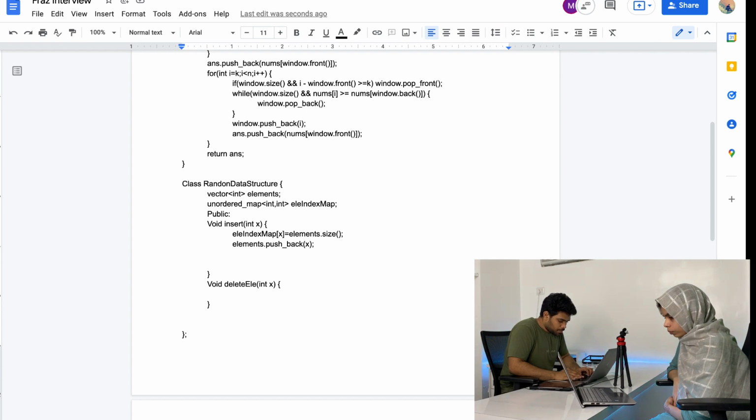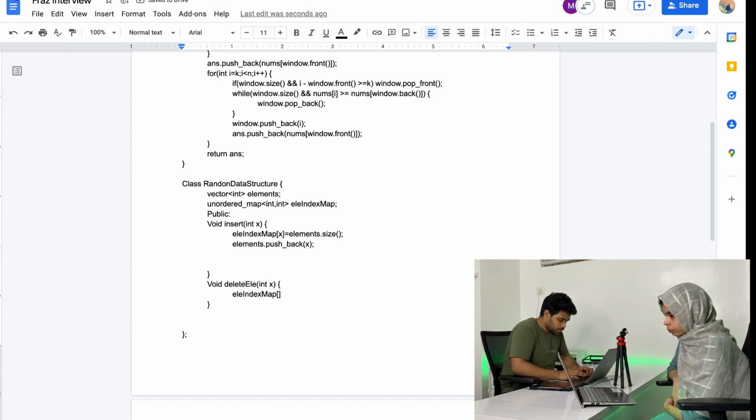So element index map of the element which is at the back is going to now change.